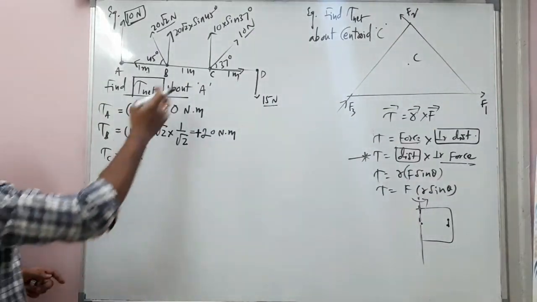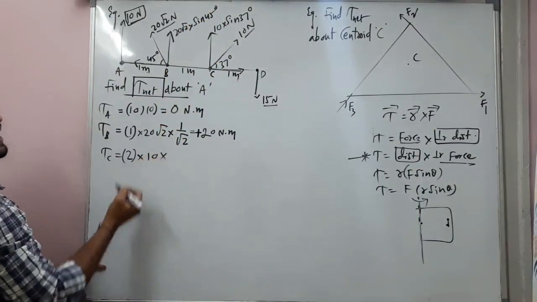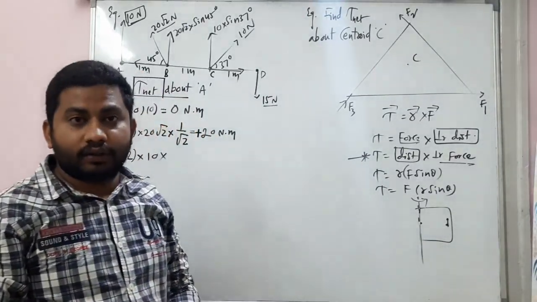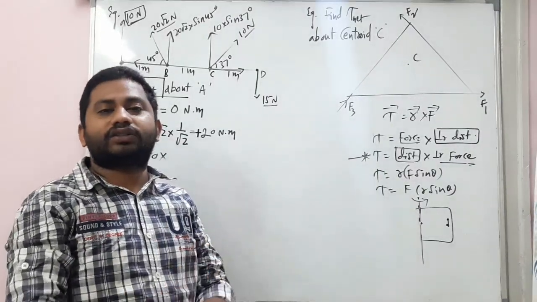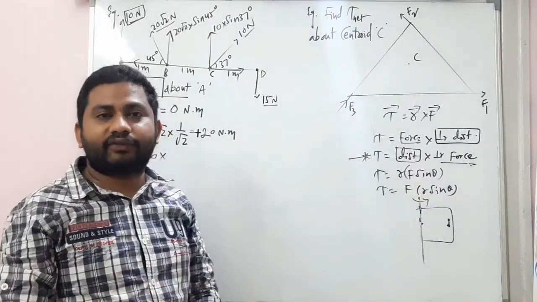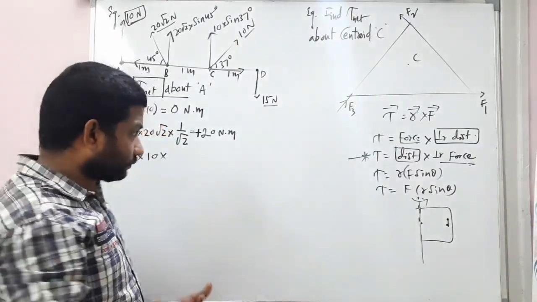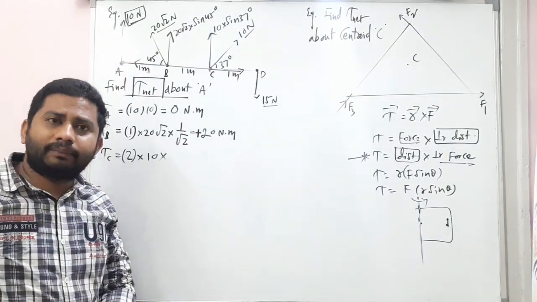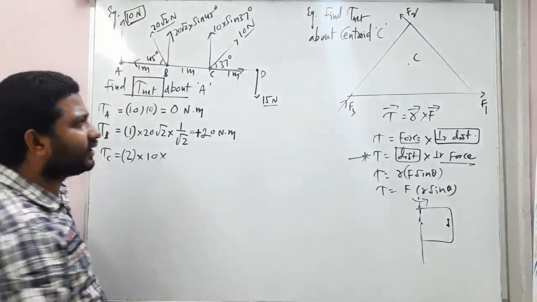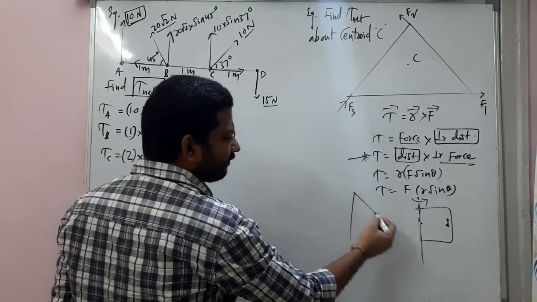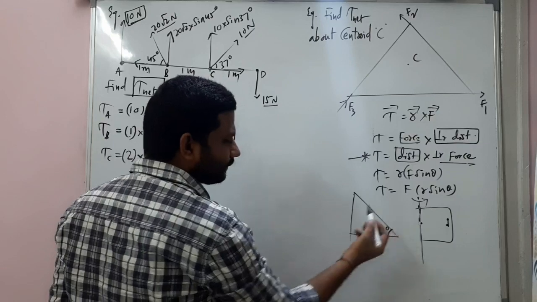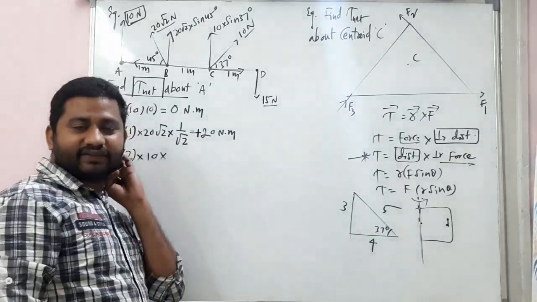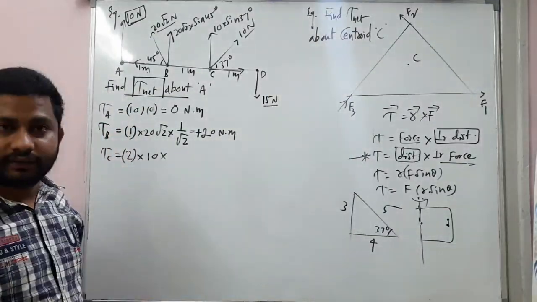2 into what is the perpendicular force? 10 into sin 37. I understand still some students will have the confusion in it. Do not expect a question only from sin 30, cos 30, tan 30, sin 45, cos 45, tan 45. Sometimes the question will be asked like this. Right? Based on 37 degrees, the question can be asked, and let's see that. So many times we have discussed 37 degrees. It's 3, 4, 5. So what is sin 37 here? What is sin 37?